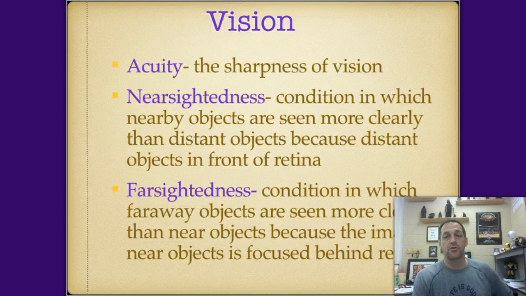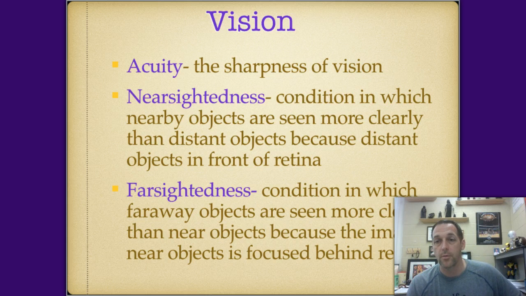Acuity is the sharpness of vision. How well do we see? There are two major issues if your vision isn't perfect, which usually means 20/20: nearsightedness and farsightedness. I am nearsighted, a condition in which nearby objects are seen more clearly than distant objects because distant objects are